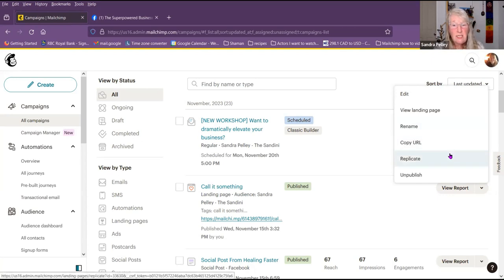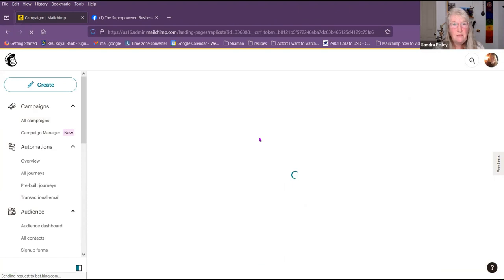What I like about this is I've already created this beautiful landing page. And what I'd like to do is go, I want to share this over to the summit, because I want this to go to those summit people specifically. And I really like that landing page. And I want to leave it for my general population as well. I want to know that I'm the one that's collecting those emails. If I replicate it,